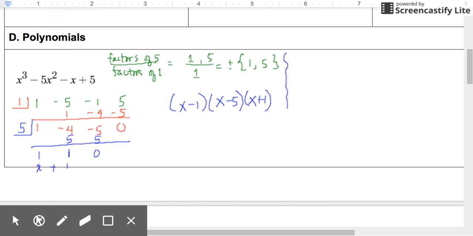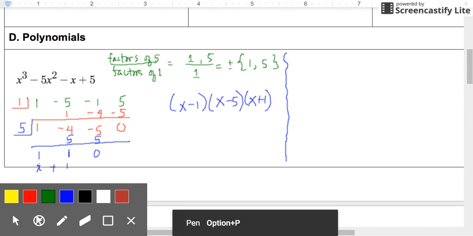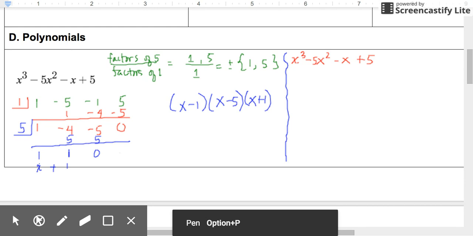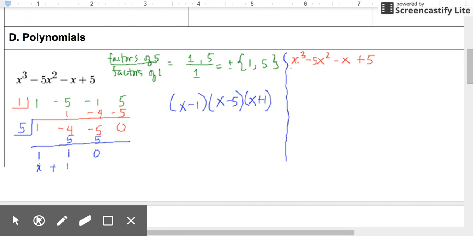Okay, now I'm going to show you another way of factoring this, and it is called factoring by grouping. So let me write down here x cubed minus 5x squared minus x plus 5. The first thing that we want to do is to group these terms. So I'll take the first two and put them in one group, and then the last two in another group. So I'm going to use parentheses to group them. So I'm going to have x cubed minus 5x squared. This is one group. But now here I'm going to put minus and then